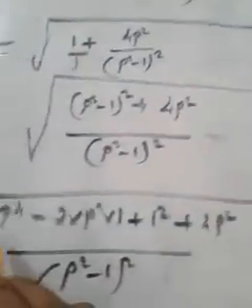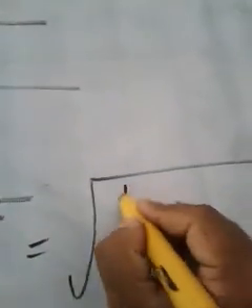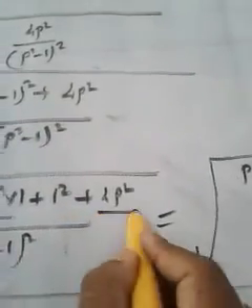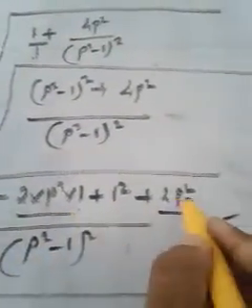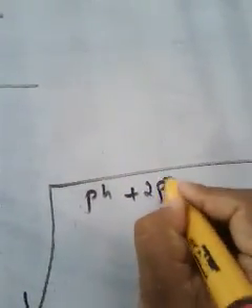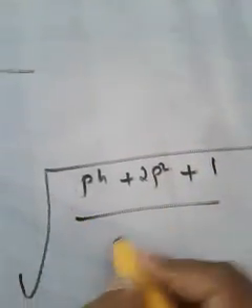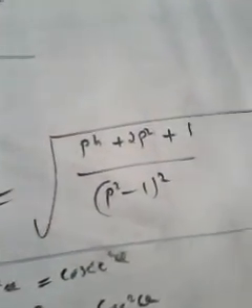Now you just see p raised to 4 as it is. This is 2p square, no? So 2p square plus 4p square. What is minus 2p square plus 4p square plus 2p square plus the remaining 1 square, 1 divided by p square minus 1 all square. So you may have understood that much. Okay. Now we have reached that much.